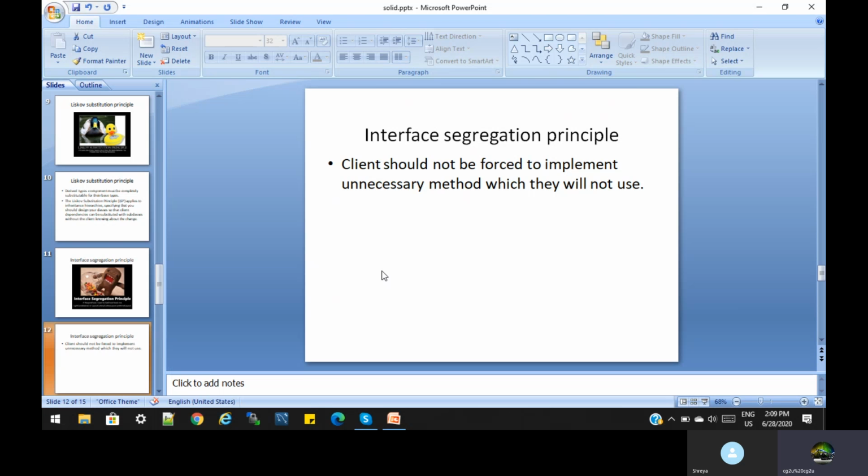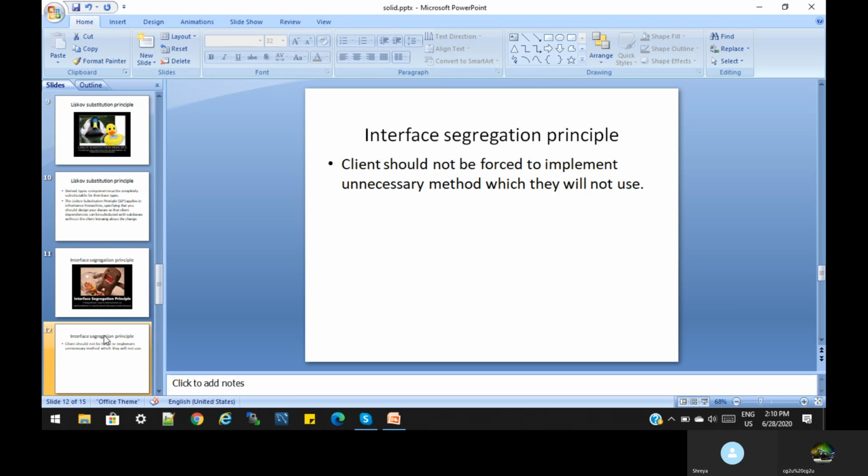Both situations happen at the same time. Suppose I go to a shop to buy a pen: I am only bothered about buying, and he is only bothered about selling. That's why the principle says clients should not be forced to implement unnecessary methods which are not in use. Correct? That is the thing.